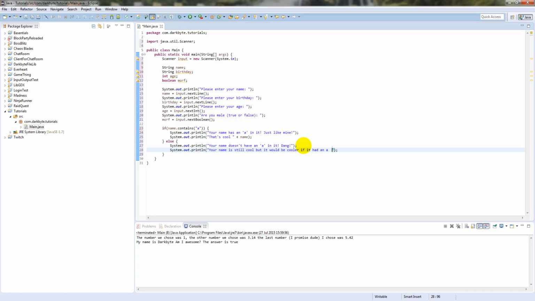And then we're going to put name, and then after that we're going to put another if and else statement block thing. Yeah, that's great. Alright, so if